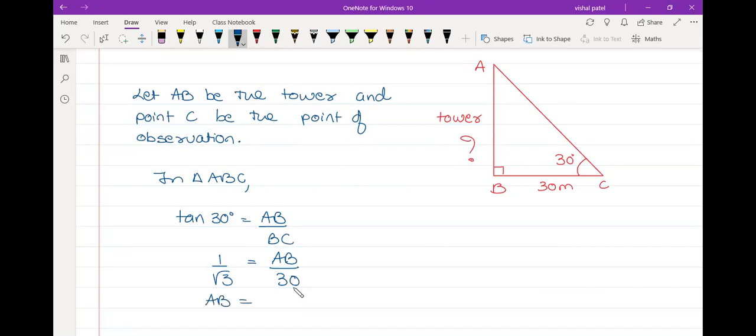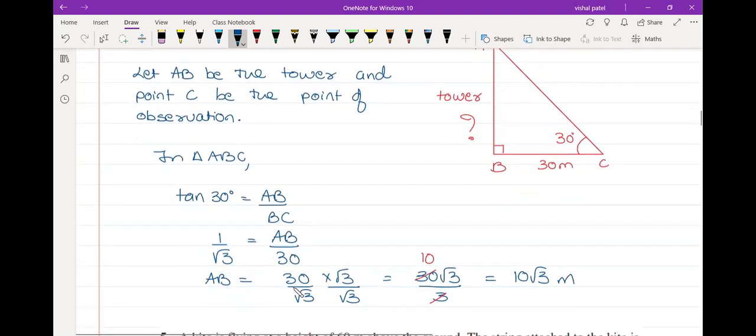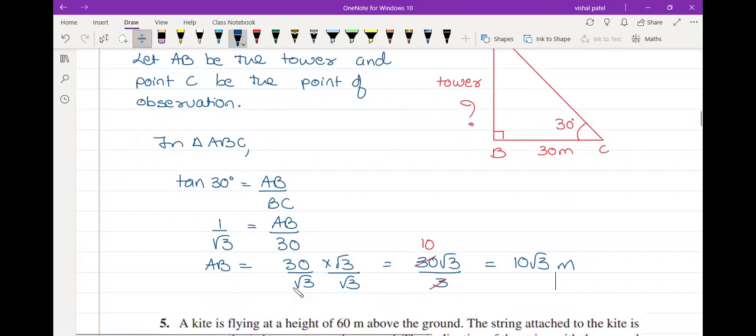So if you cross multiply, I will get 30 upon root 3. Don't forget to rationalize. And after rationalizing, if they give the value of root 3, we'll substitute. Let me check whether it is given in the question. No. Okay, so the final answer